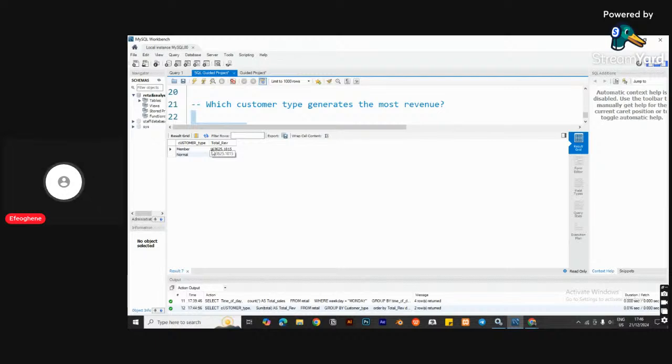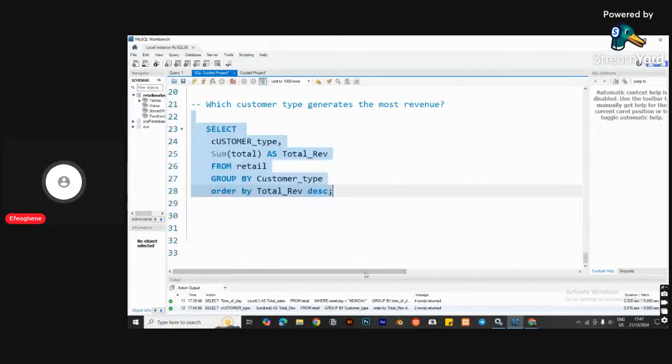Appreciating your customers, and also asking questions regarding how we can improve revenue from normal customer types, or the members. So there are several things you could do with this information. It's just about thinking out of the box. So that's for this question, and this is how we carry out analysis. The next question will be